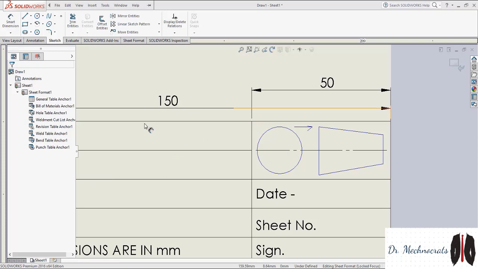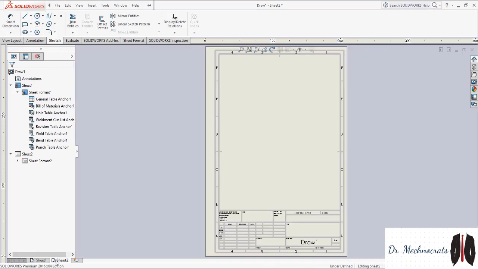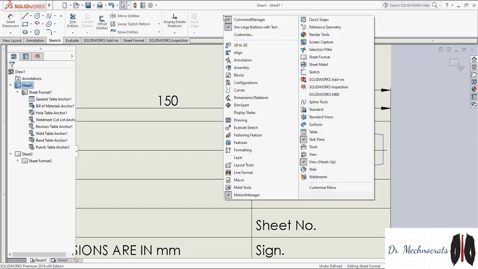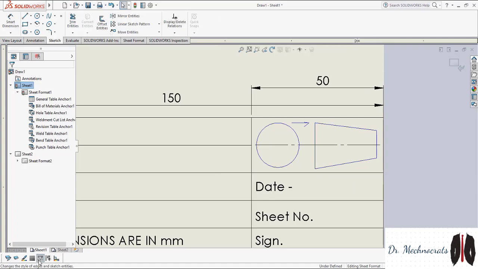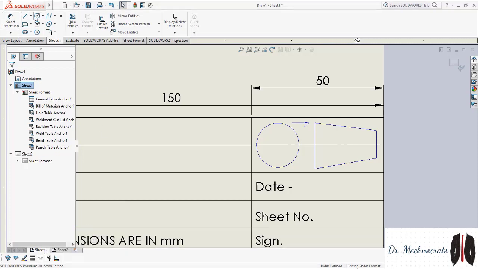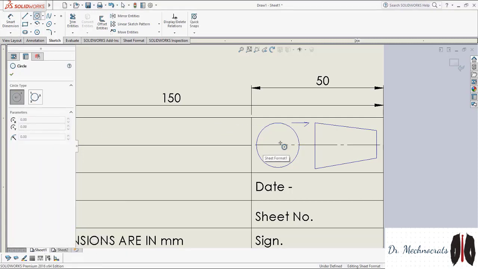So how to draw the dotted circle? You have to go to the sheets, Line format. From here you have to choose the dotted line. Circle, the same center.